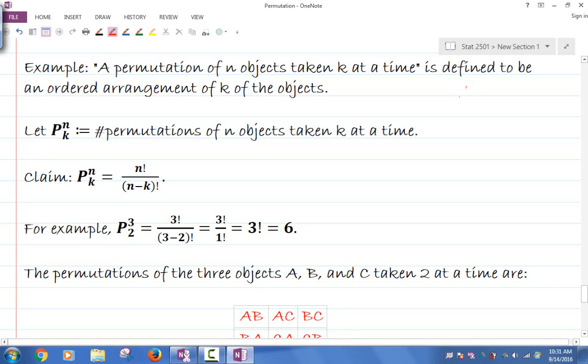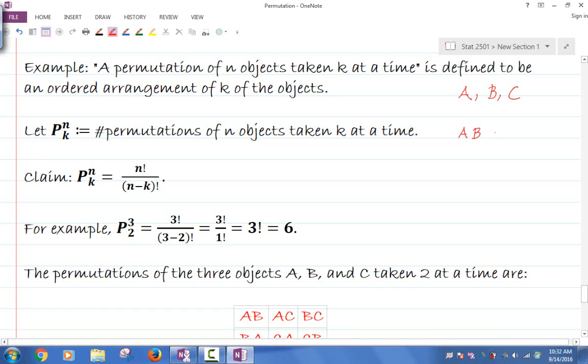Suppose I have 3 objects, A, B, and C. Now, I am not arranging all of them. What I'm doing is picking 2 at a time and arranging them. Am I making sense? Take 2 at a time and look at possible arrangements of the 2. So, what are the possibilities then? If I take 2 at a time,